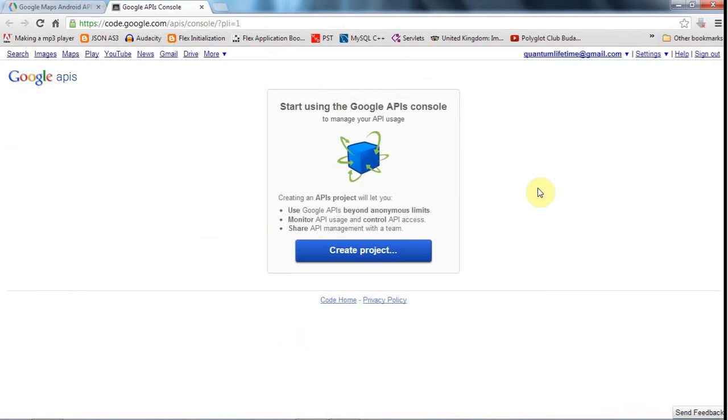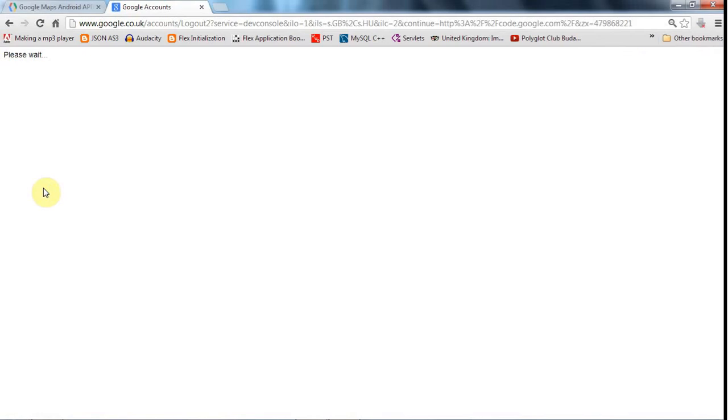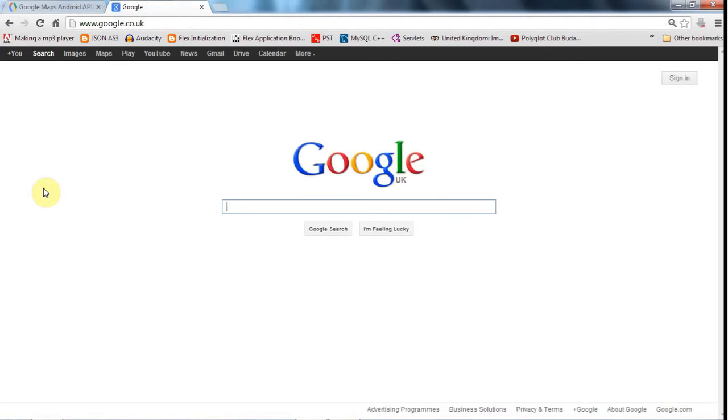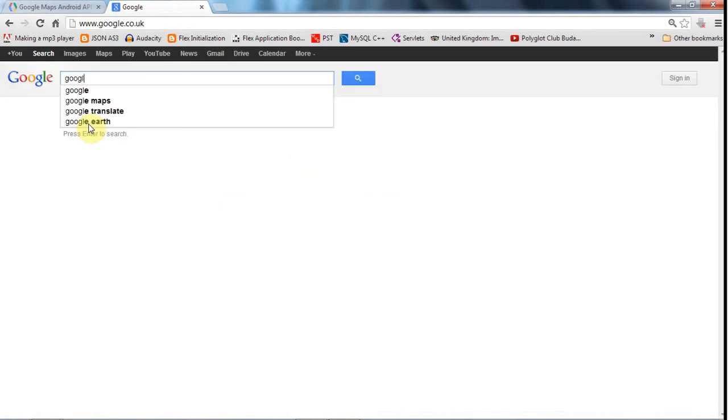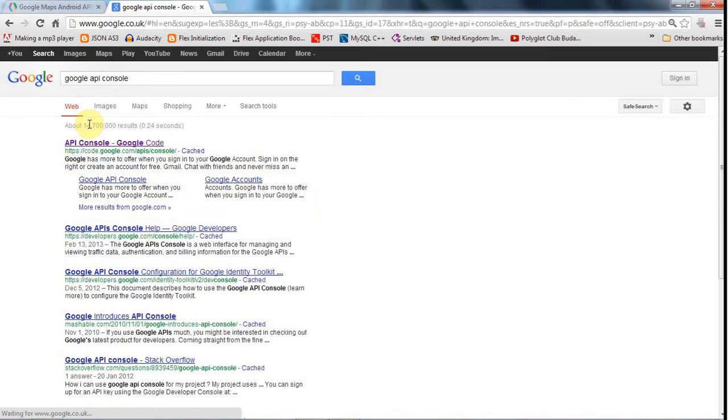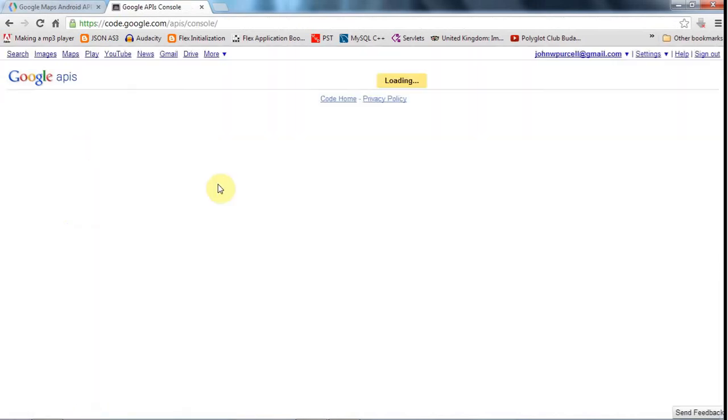And in fact, I'm signed in as the wrong user here, so I'm just going to sign out and sign in again. So I've signed in using my free Gmail account to Google, and now if I search for Google API console here and go to this API console,